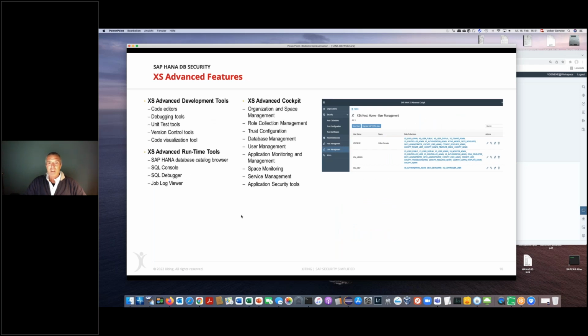In XS Advanced, as I already mentioned, we have new development tools like code editors, debugging tools, unit test tools. We have version control. We have visualization tools for coding. We have XS Advanced Runtime tools. We have a new database catalog browser. We have an SQL console. We have an SQL debugger, a job log viewer, and we have a new XS Advanced cockpit for the management,